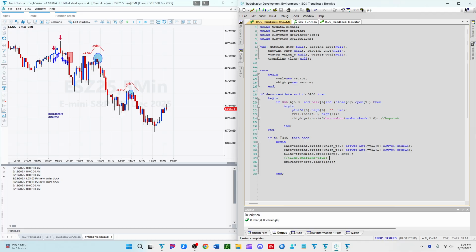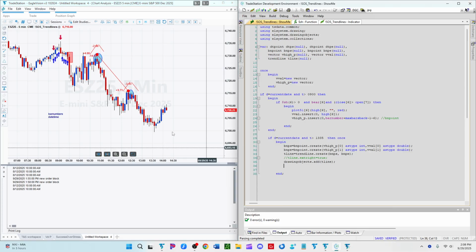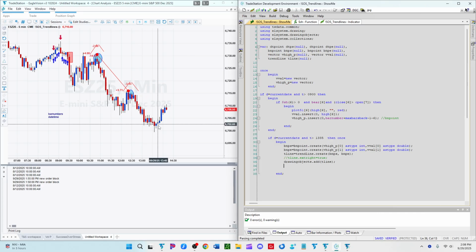Time's greater than or equal to 1335. Oh, and it's the current day. Okay. So now you get that. Okay, so now if we want to continue extending this line for every bar that we're on, we'll just say